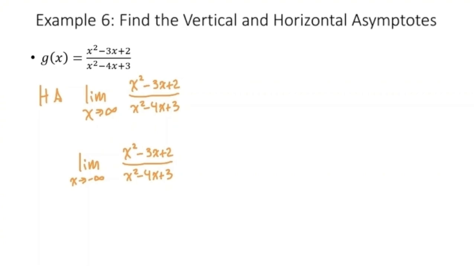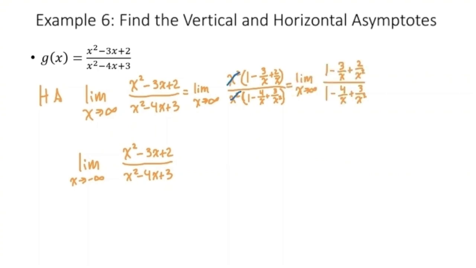We'll start by factoring out the x squareds. Then we can see the x squareds cancel. And now we can evaluate our limit as x approaches infinity. And we get that our limit as x approaches infinity is 1, which means one horizontal asymptote is the line y = 1. As for the limit as x approaches -infinity, we can recycle our work for the limit as x approaches infinity